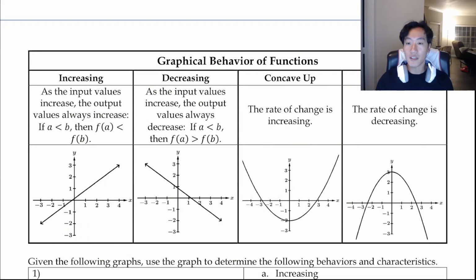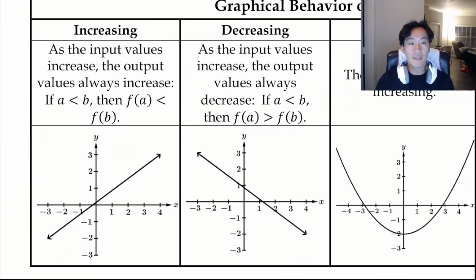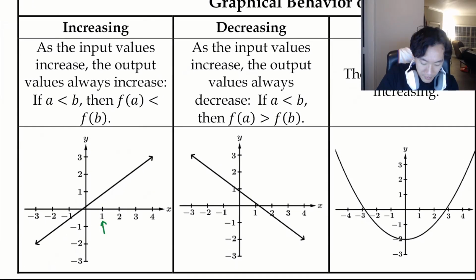All right, these are some key facts here. For the most part, these were inherent facts that you already do naturally. They just wrote this out in mathematical jargon. As far as an increasing graph goes, it says that as the input values increase, the output values always increase. If A is less than B, then f of A is less than f of B. Essentially what it's saying is, as our x values increase from 1 to 2 to 3 to 4,